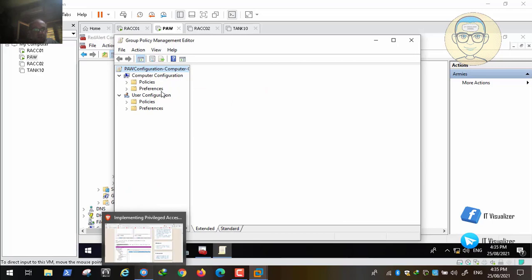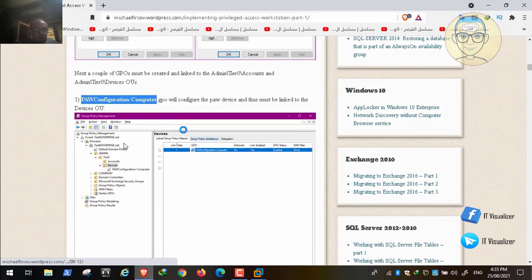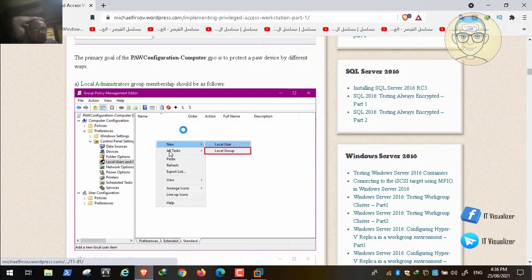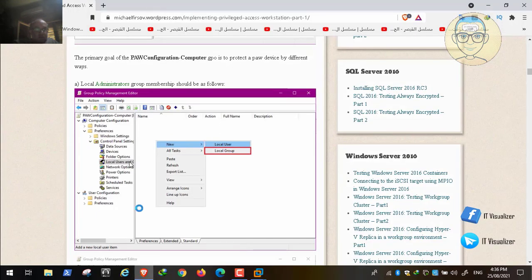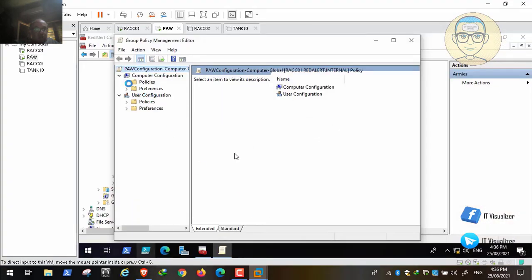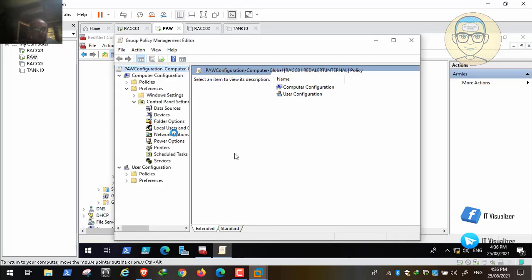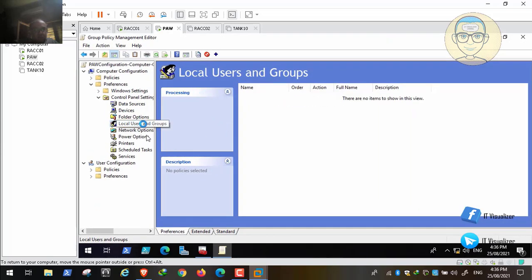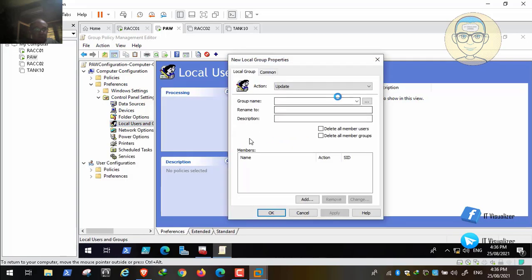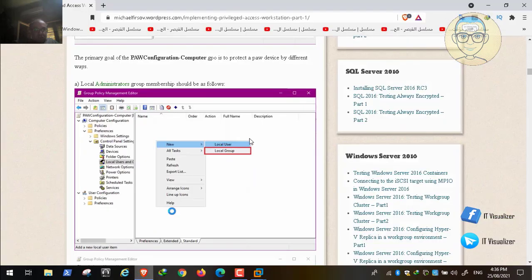So now we will apply this group policy to our POW workstations in the Ally army. Okay, so now it will ask us to go to local users and groups, and then click on something called local groups. Let me show you what he means by this. When we click on it, we right click and choose local group. Okay, and then what this guide will ask us here,